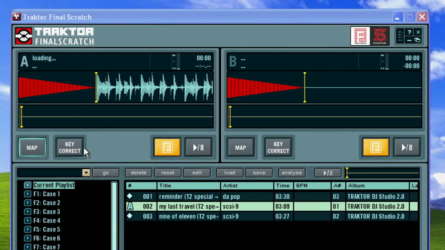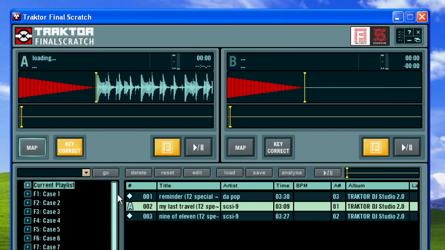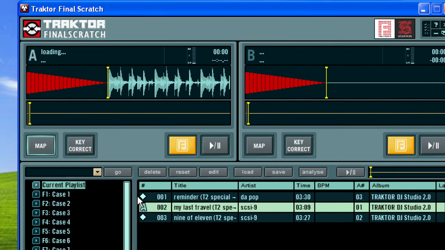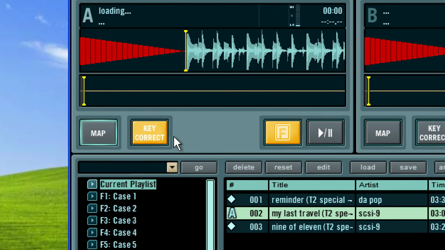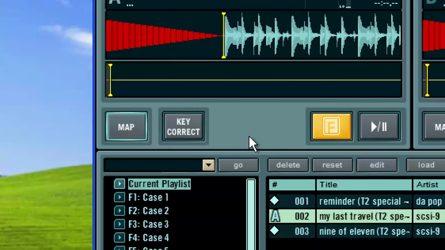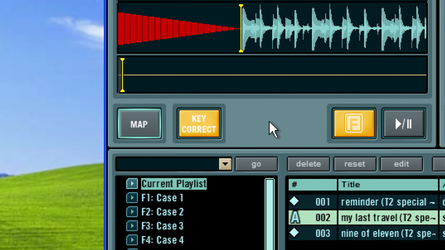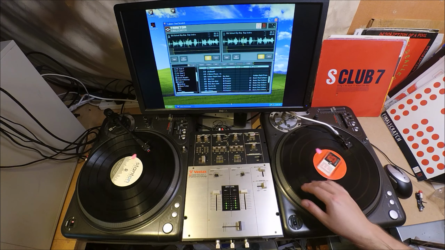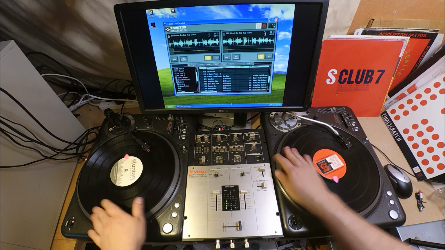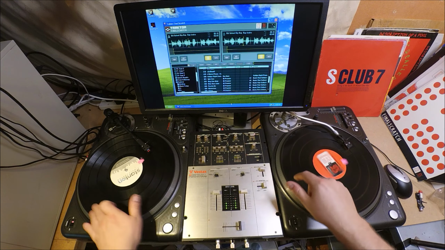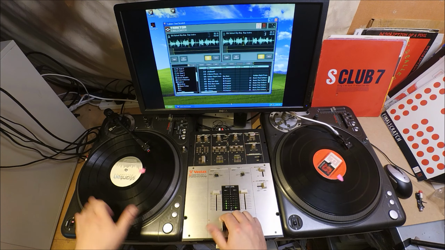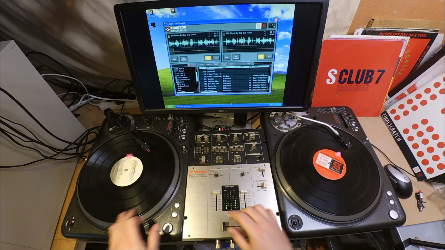As you can see, it's nearly identical to version 1.1 with one major addition, key correct. This allows you to alter the speed of the track without altering the pitch of the music, which is extremely useful when mixing harmonically. The key correct sounds okay for software this old, but certainly not as good as you get in modern software. Thankfully, however, Native Instruments had mostly fixed the weird backspin bug that was present in version 1.1, so beat juggling feels absolutely fine again, and honestly I think 1.5 is almost as good as 1.0 in